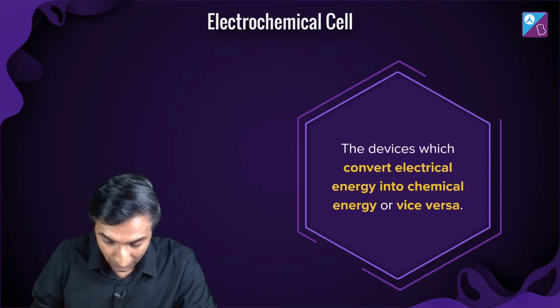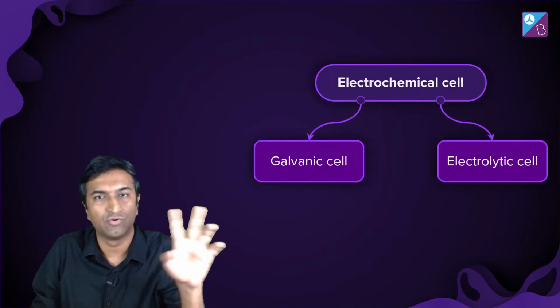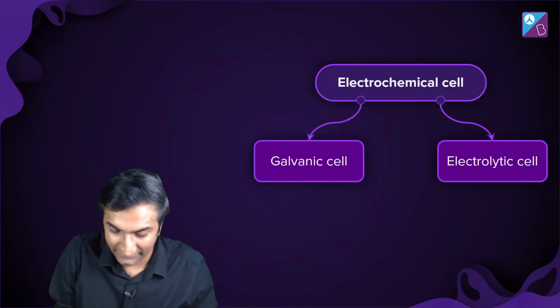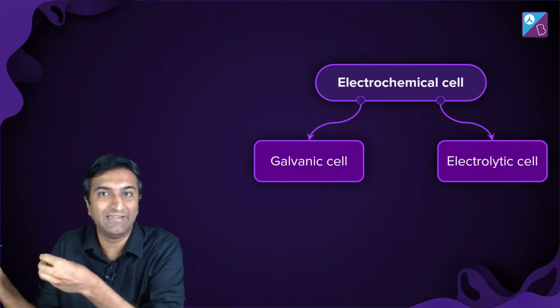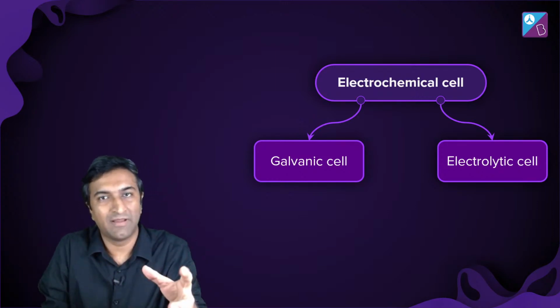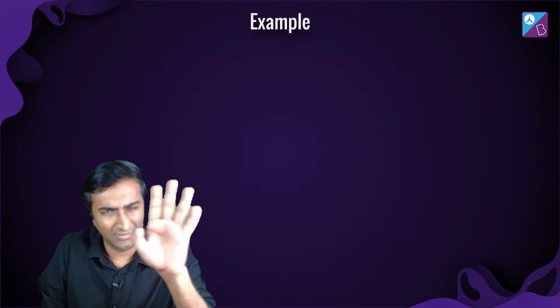Okay, all right. So electrochemistry, convert electrical energy, etc. ठीक है. Galvanic cell, electrochemical cell दो टाइप के होते हैं. Electrolytic cell. हाँ, electrolytic मतलब electricity लेकर तोड़ा. Galvanic मतलब अपने आप electricity बन रही है chemical reaction से. You know all of these things. अगर कोई doubt हो तो पूछ लेना.